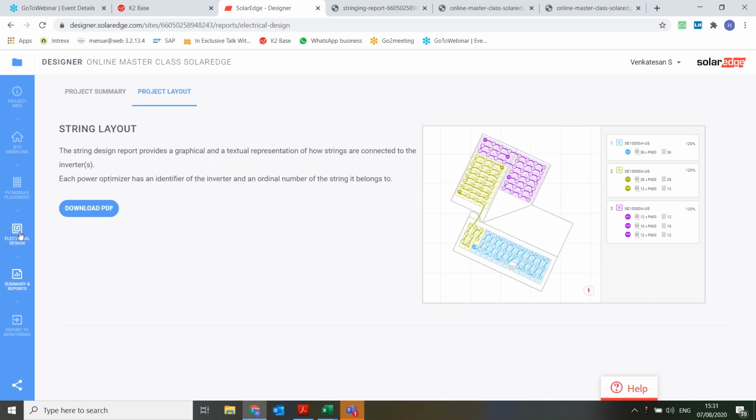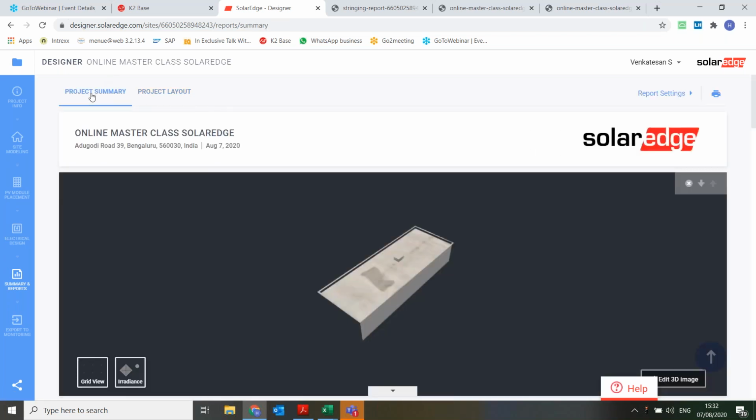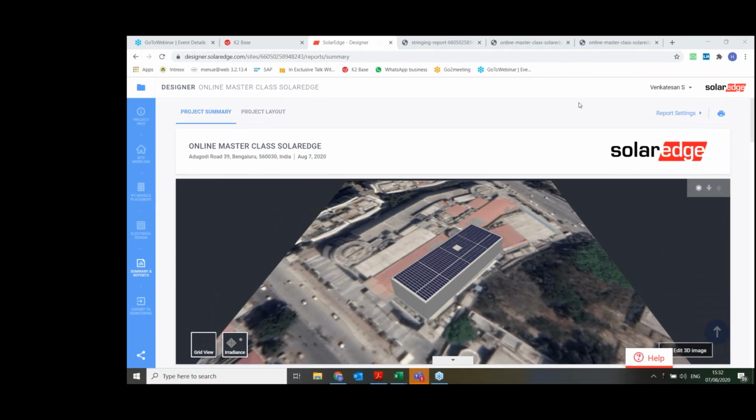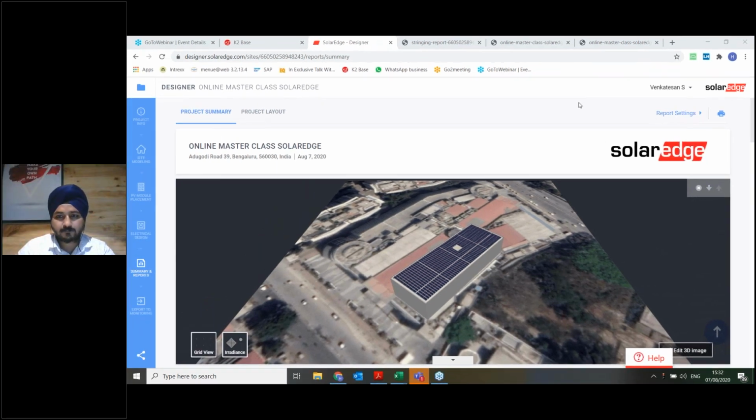And definitely when you go with this kind of report to your customer, the customer can see the difference you're bringing, because you have the complete design starting from the mechanical wind load calculations, everything is there. Plus additionally, if you have the electrical design calculation, the string layout design, the layout, everything is there. The customer will feel the difference and see the importance given to his project. That will create a lot of difference in project negotiation or in commercial discussions.